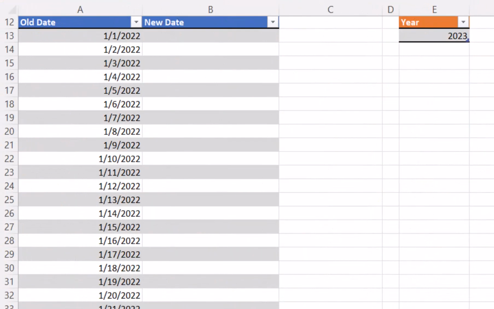Our next example will show how to use the day function inside of the date function. I have a video on the date function, link in the description below. I will also be using the month function, which extracts the month value from a date. In column A, we have a list of old dates that we wish to replace the year with the value